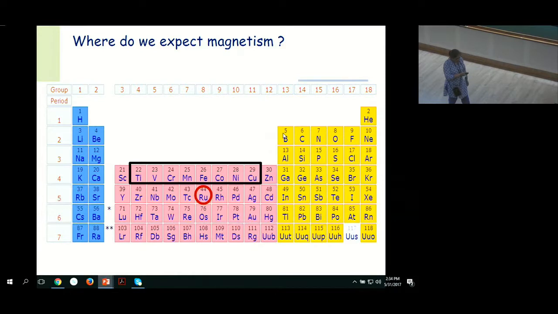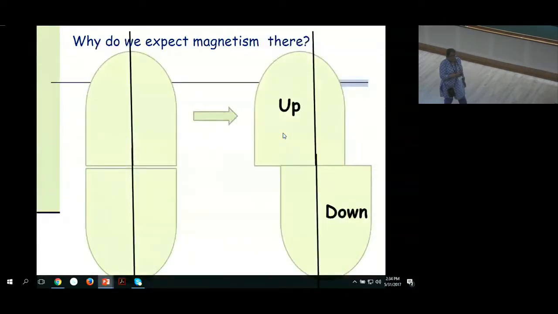The reason for this is very simple. If you start with the paramagnetic density of states, which I show schematically over here, with this for the majority spin channel and this for the minority spin channel, and the Fermi level passing through over here, then if you have a substantial intra-atomic exchange interaction, the majority spin levels move from their position in the non-magnetic density of states. They move deeper into the valence band, whereas the minority spin levels move up, and essentially you have a local magnetic moment generated.